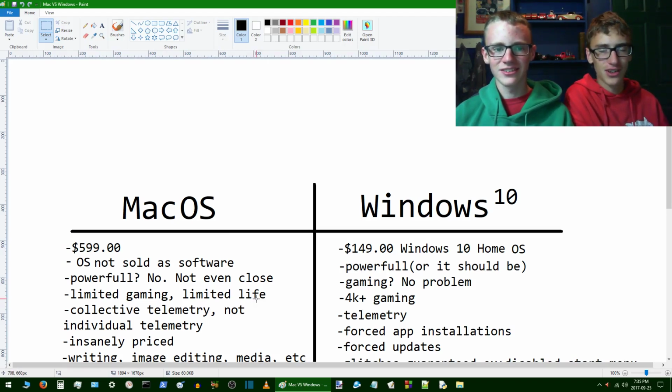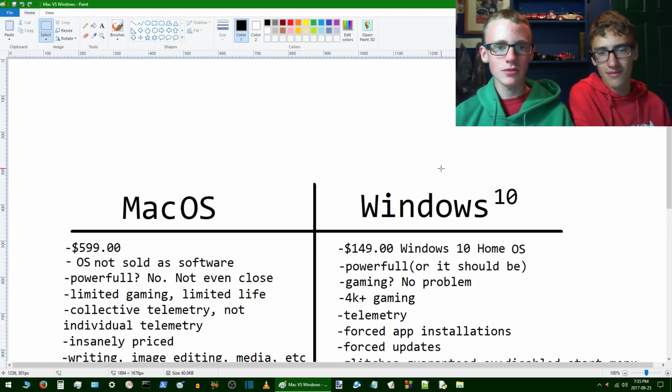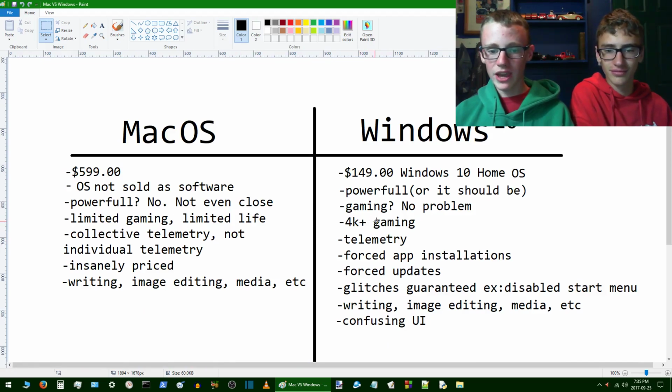Some people say that they're great for pictures and videos. But some benchmarks ran on a Windows machine for the exact same game, exact same specifications of the computer. They ran at least 20% better on the Windows machine than on the Mac OS. But with Windows 10, 4K gaming is 100% supported as long as your hardware is good enough. And with the Mac OS, it's kind of hard to upgrade your hardware because you've got to buy into the whole Mac hardware. So it's kind of a mess.